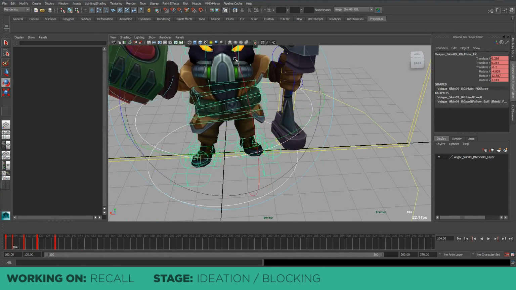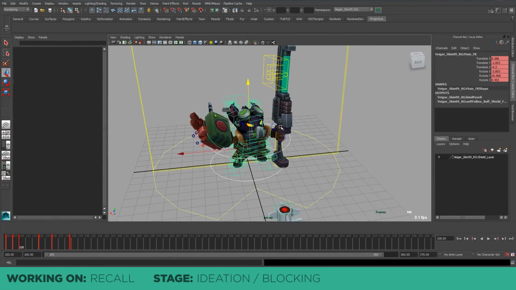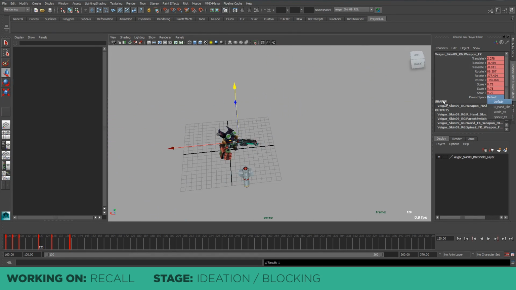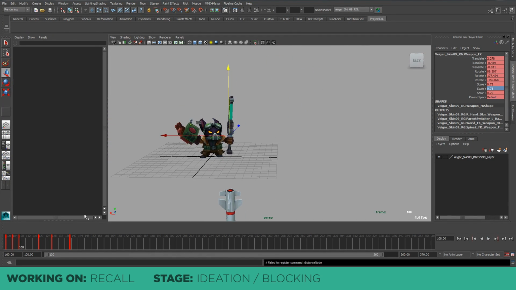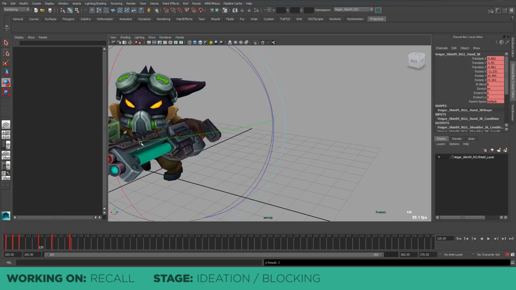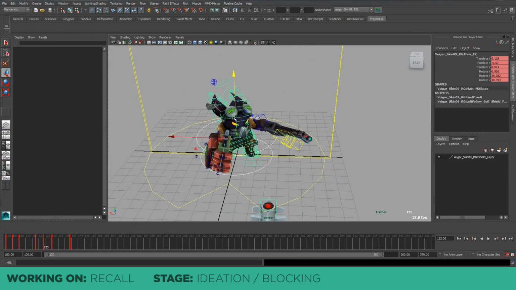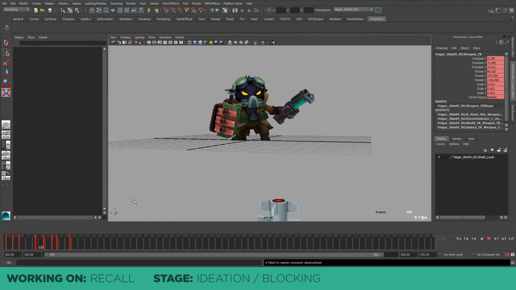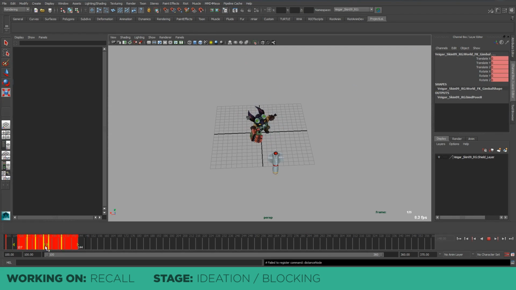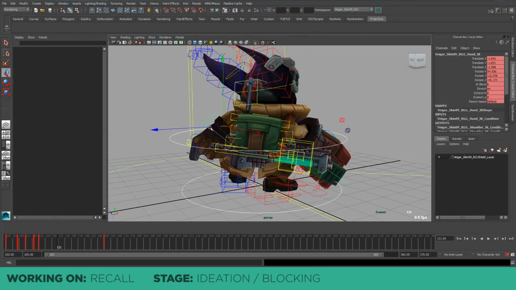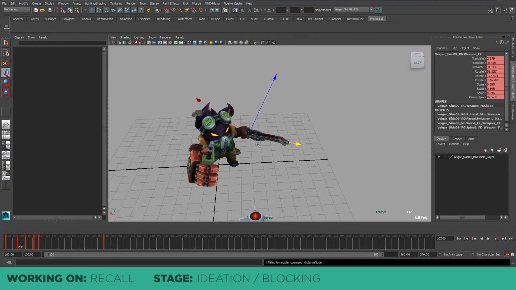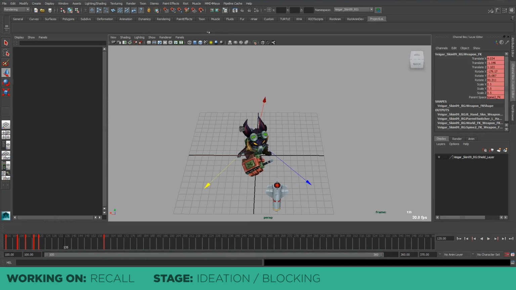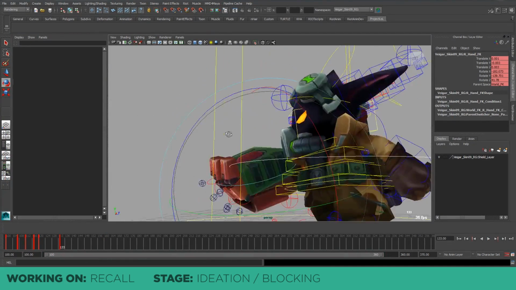referred to as blocking. Most animators do this to broadly create the fundamental groundwork for their shot, and I'm currently blocking out Veigar's animation in stepped mode and not spline. Stepped basically means no interpolating between keys, while spline means interpolating. Both styles have their advantages and disadvantages, but in this workflow, we deal with the spline curves at a later stage. You'll notice that I'm working on a timeline with 260 frames, which converts to about 8.6 seconds if we